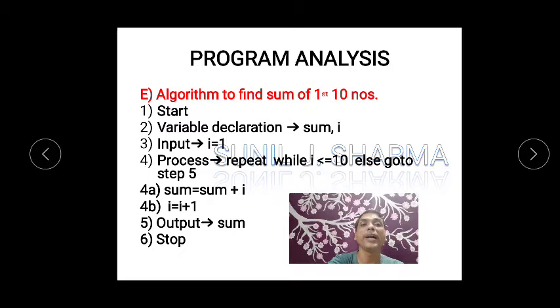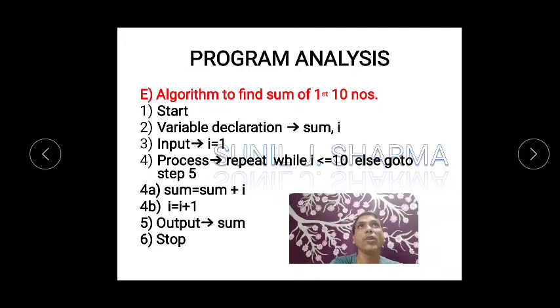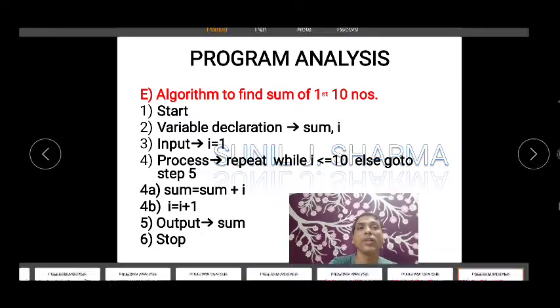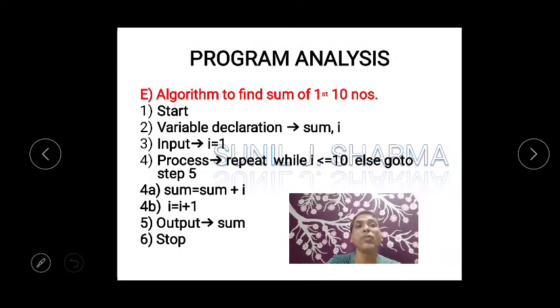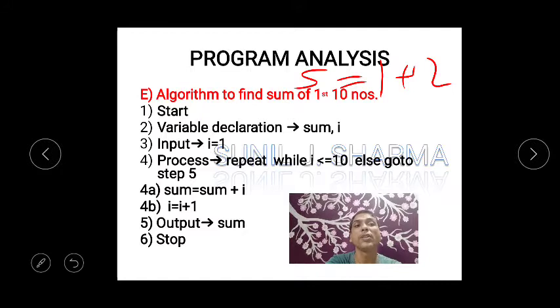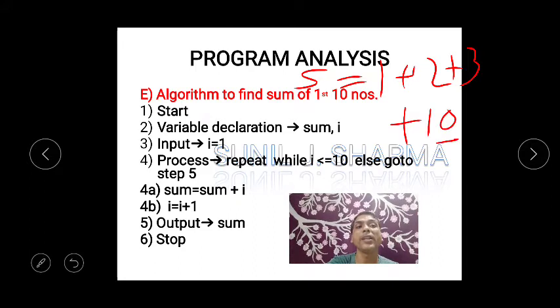Now I've also gone for one more algorithm where we are using the iterative method, or you can say that if I want to go for repetition, then I have to use some loop like while loop, for loop and do while loop. First of all, let's try to understand the algorithm. The algorithm is to find the sum of first 10 numbers. If that is not understood, I'll try to explain it. Suppose 1 plus 2 plus 3 plus like this, it will go till 10. So I am expecting the answer as 55.